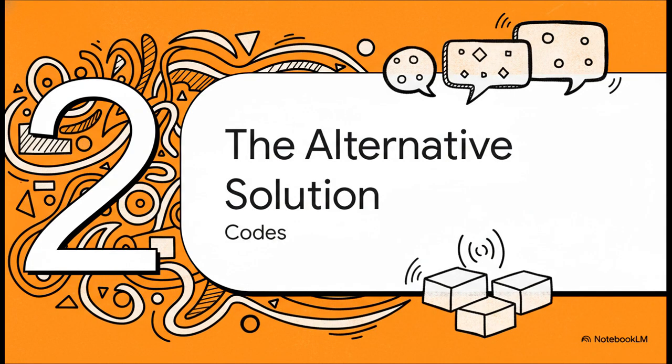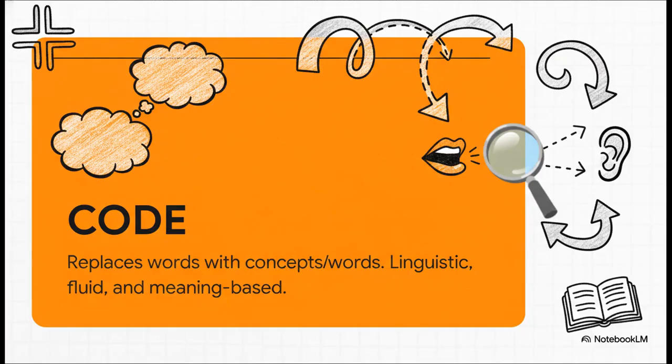Okay, so if that mathematical approach was too slow and too easy to break, what was the alternative? Well, it meant thinking about the problem in a completely different way. It meant using codes. Now, a code is a totally different beast. See, a code doesn't mess with individual letters. It swaps out entire words or even whole ideas for other words or ideas. So it's not a math problem anymore, it's a language problem. It's all about shared meaning, not a rigid formula.